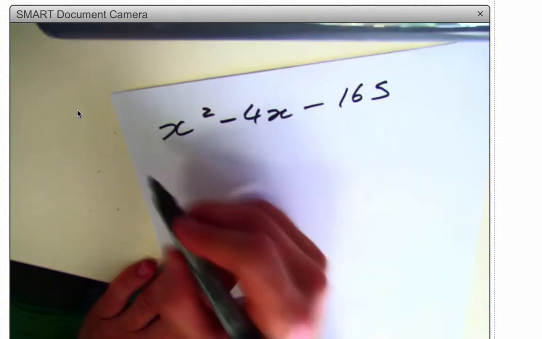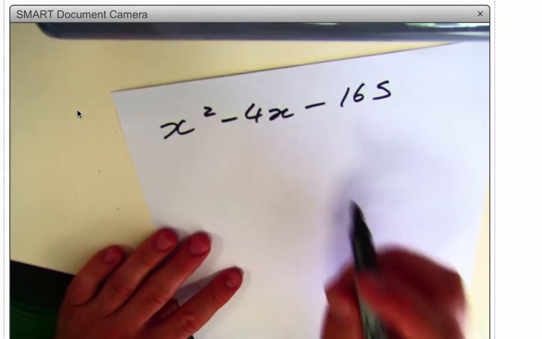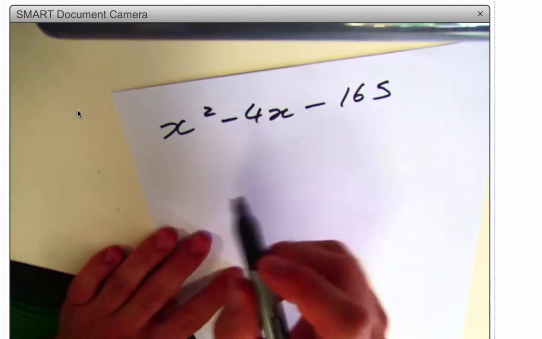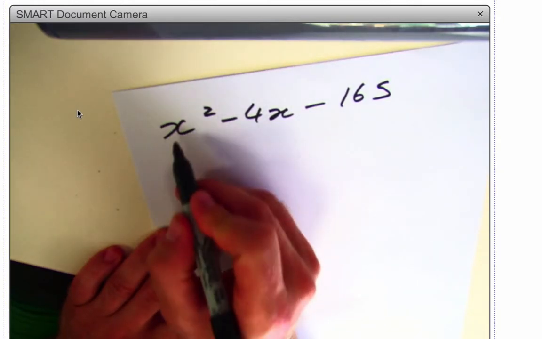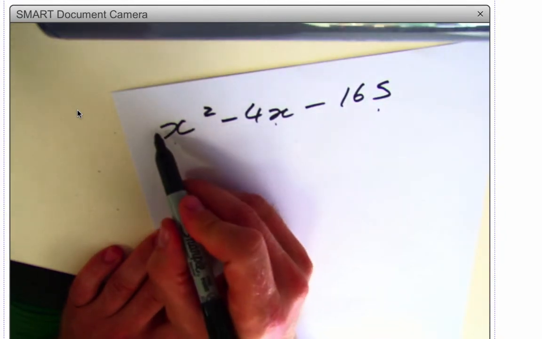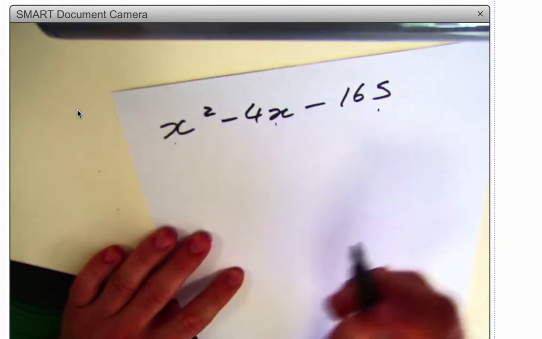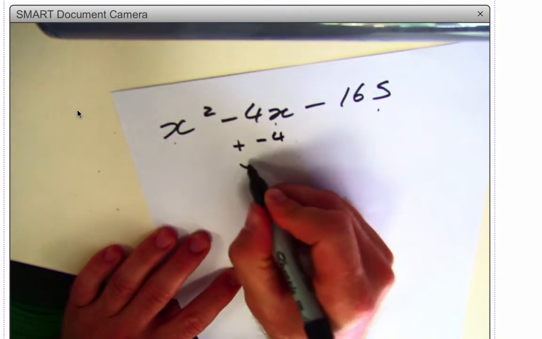So again, common factor. Is there a common factor? There is no common factor. God, if you forget to take out the common factor, I will shoot someone. But, so, no common factor, we have a trinomial, 1, 2, 3 terms. The first term is monic, so we have a basic trinomial. We want to add to equal -4, and we want to times to get